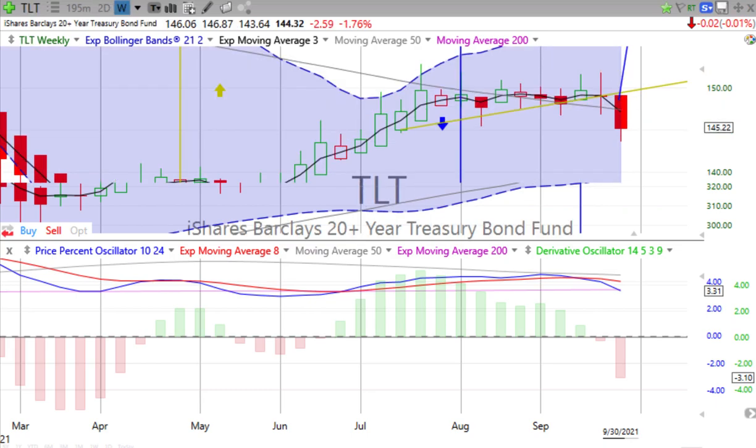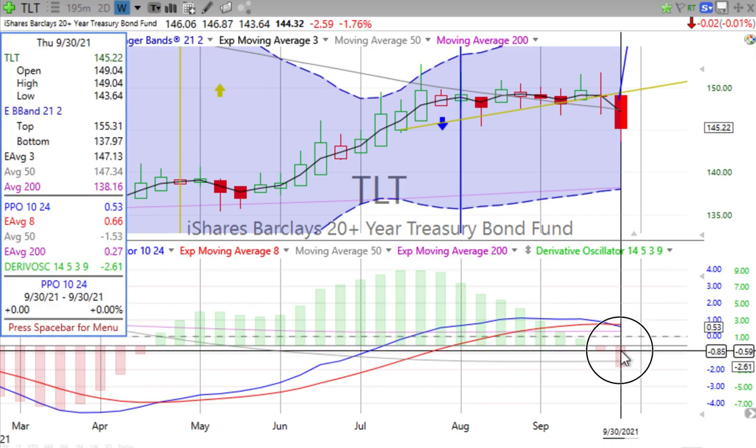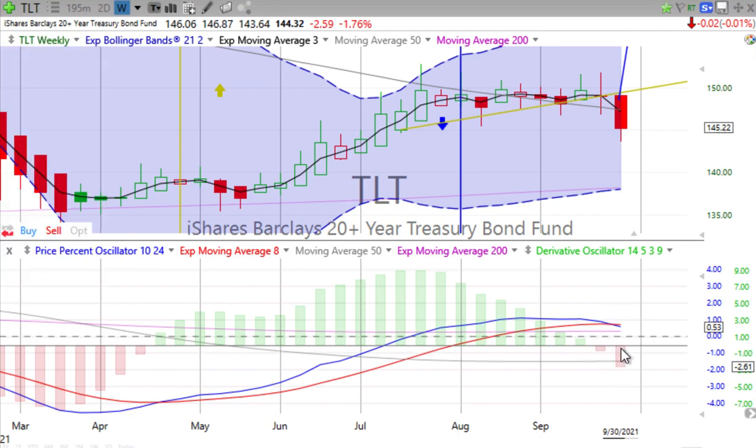Let's look at bonds. Bonds down a very, very little bit. Pretty much flat for the day, but 0.01% down. Most importantly, check out the weekly vertical crossover that's in the making. Are you paying attention there? Have you put that in your show notes or in your daily market worksheet to be watching tomorrow for potentially